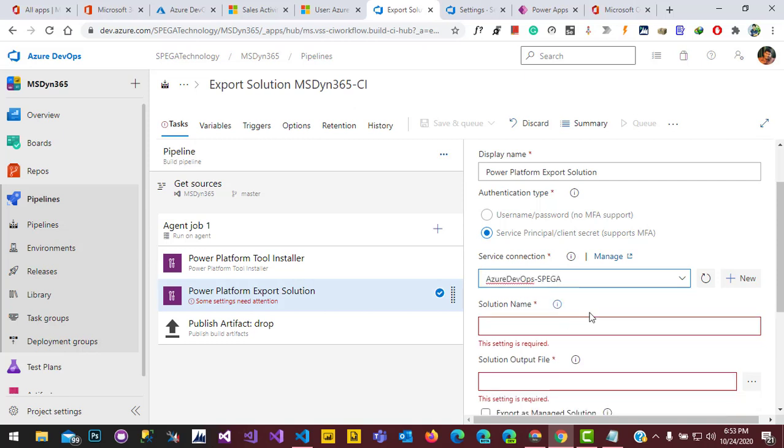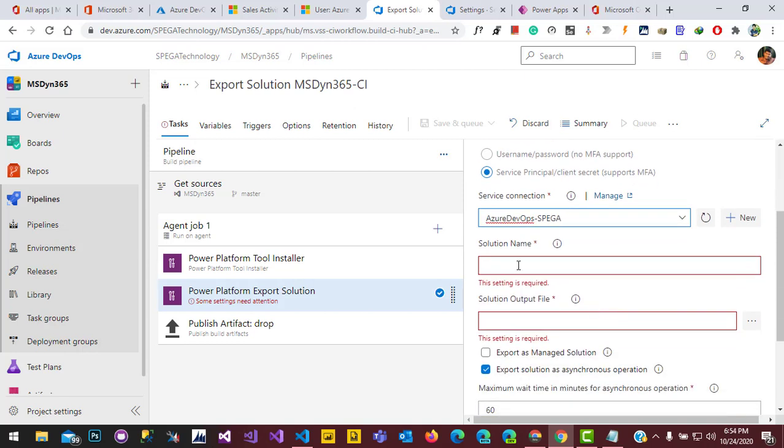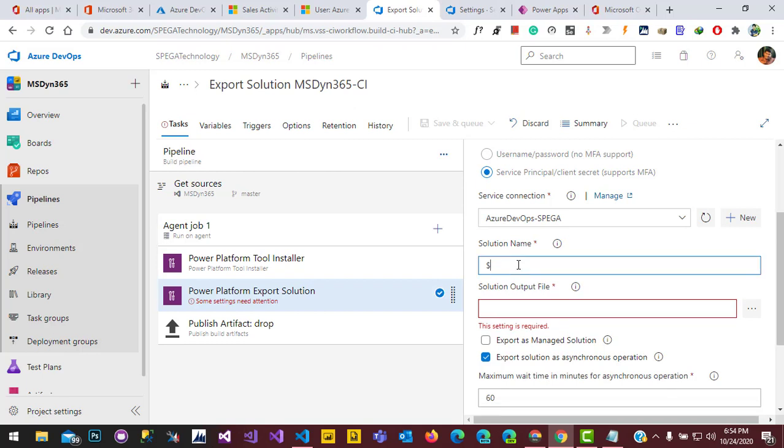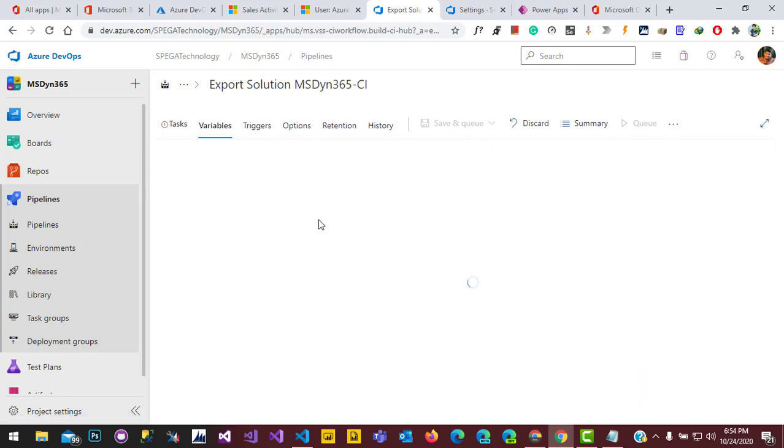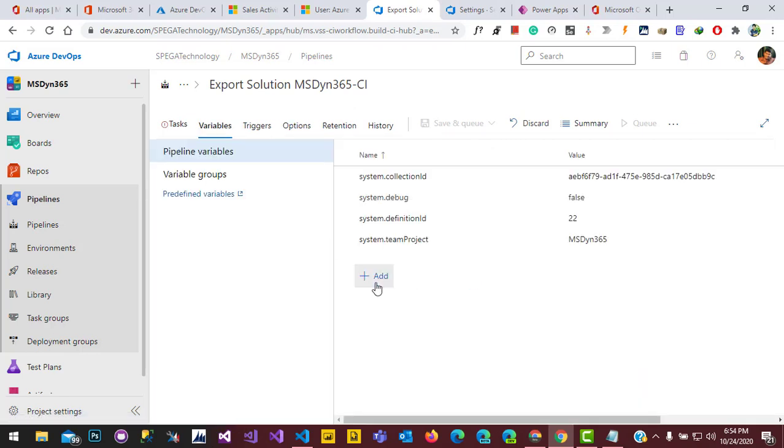Select this, and it's asking for the solution name, and we'll give that. For this solution name, we need to create a variable in the variable section. Just click on add new variable. Now pass the name of the solution as the value for this variable.